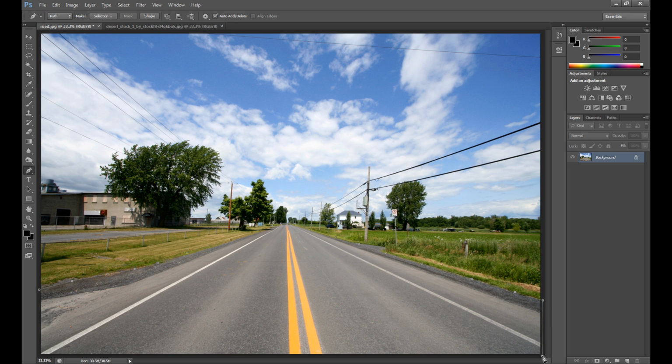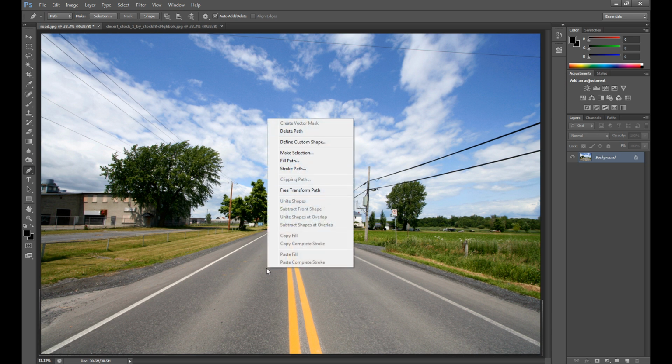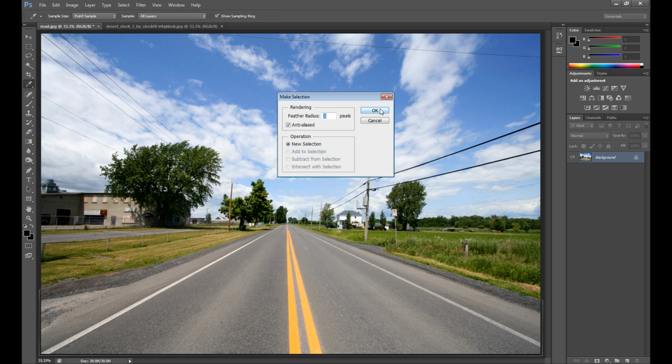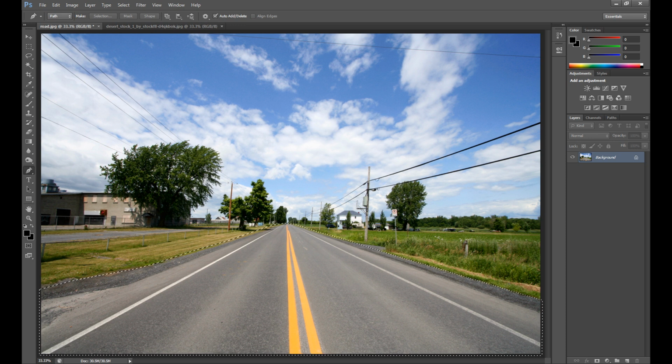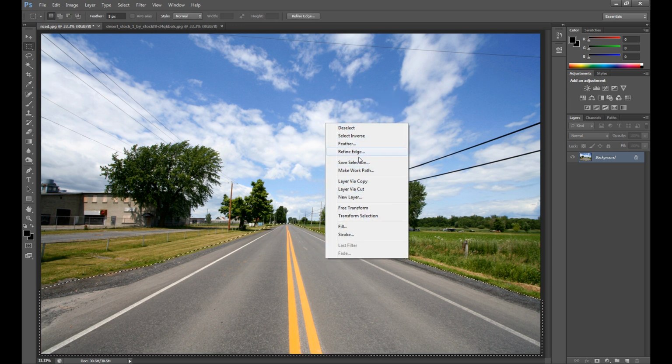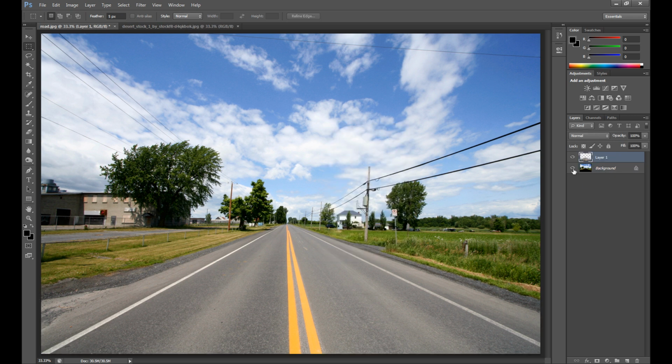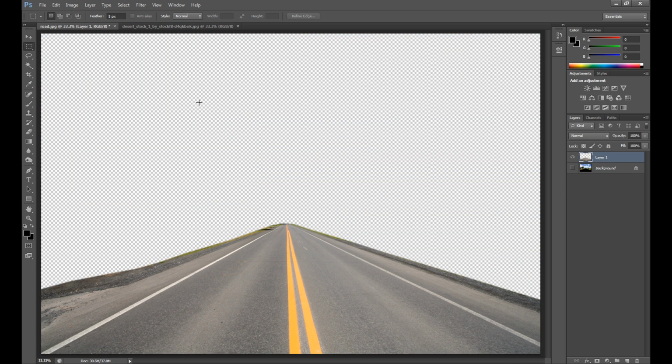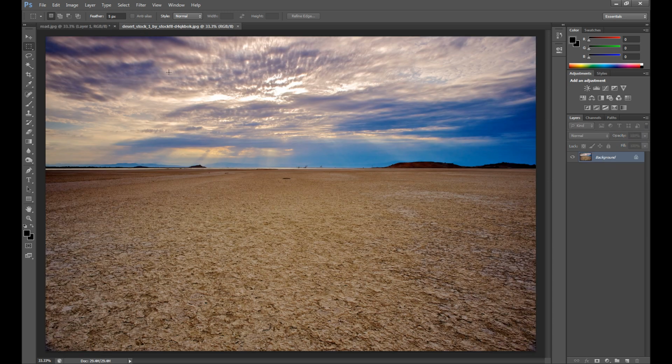And after doing the selection, click right, then make selection and feather radius at 3 pixels. Then click selection tool, click right on this road and click layer via cut to cut this road. Then